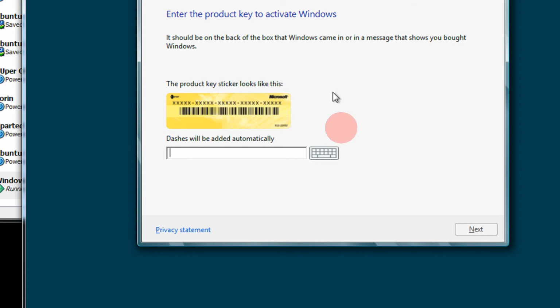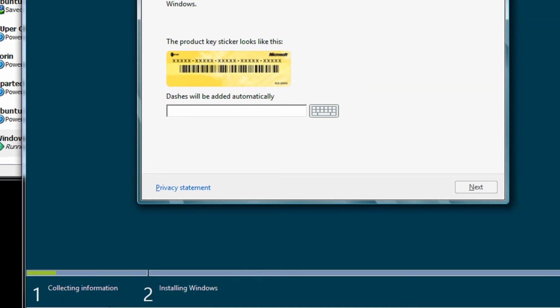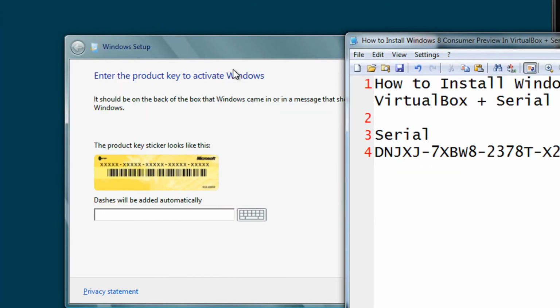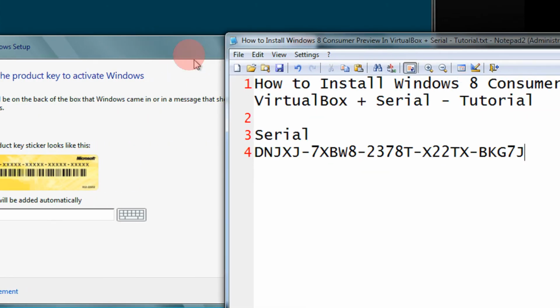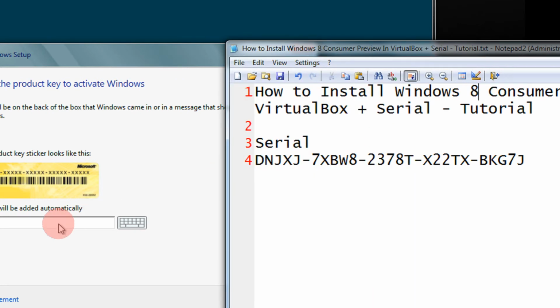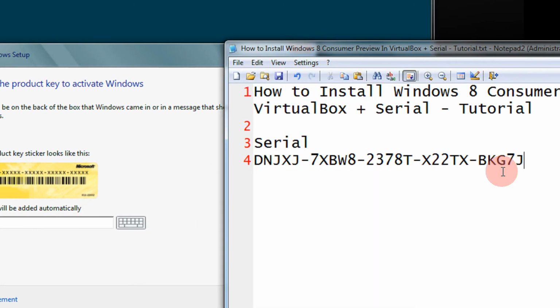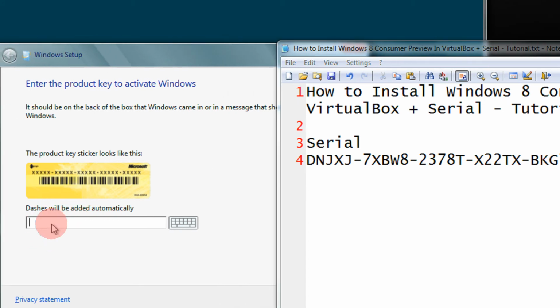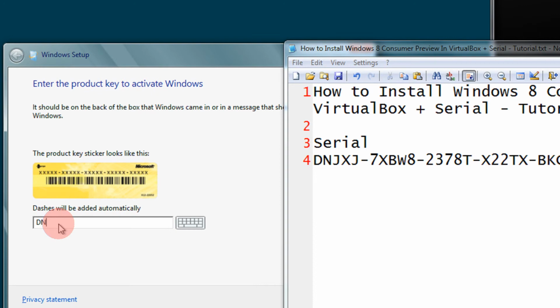It will ask you for the serial. I have given the serial to you. See, here is a serial. It will be in my description also, you can get the serial from there. I just copy this serial to show you that it works.